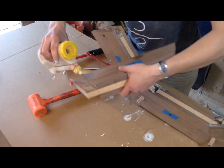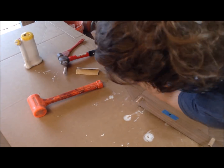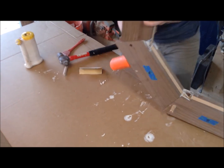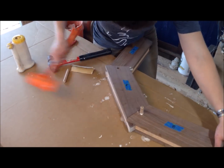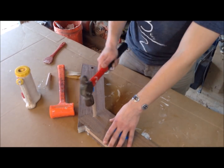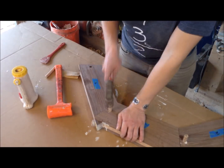So I rewatched this before I was about to publish it, and an interesting fact of this build was the original design was going to have legs on the base, and it wasn't until I started building it where I kind of came up with this idea to have a streamlined piece with no legs and a weighted base. So this was definitely kind of exploring my lack of knowledge in physics, trying to figure out how to make this